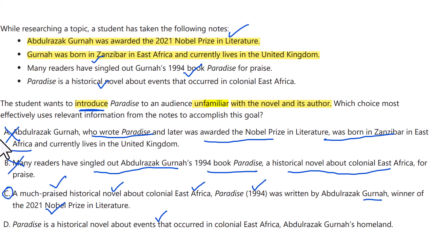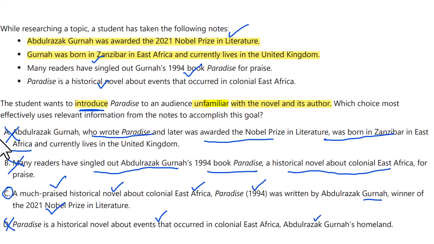Gurnah's homeland. So it's telling us something about the author. We tell him his homeland is East Africa, which is what the book is about. But again, missing details from the bullet points. He's a Nobel Prize winner, etc., etc. Again, this is not a correct answer. It has a little bit of both points or goals we have to achieve, but not enough. C is a better answer than D on that prompt. So note, a wrong answer choice might have both goals, but just not sufficient information from the bullet points to